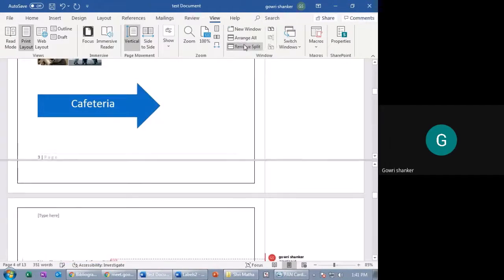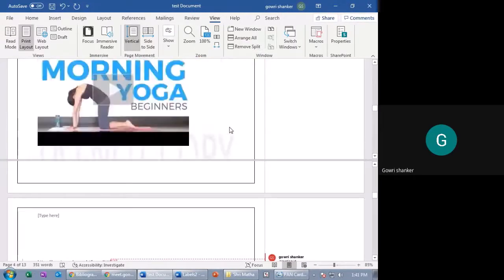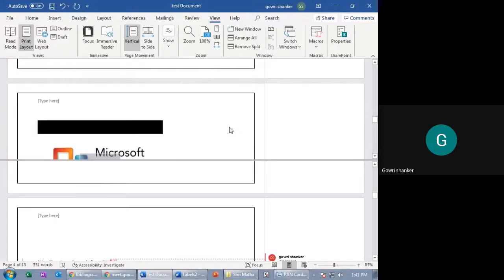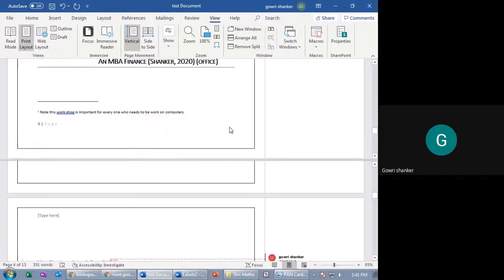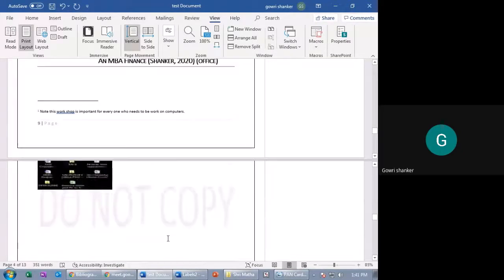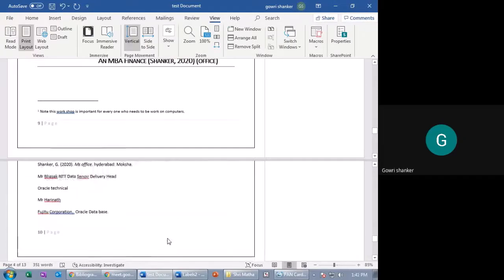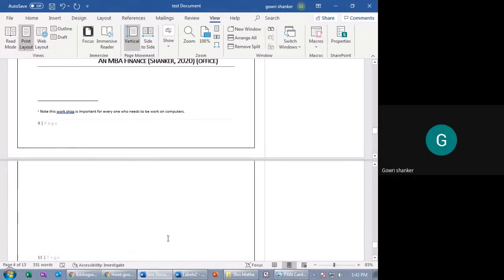Split. It will split. See, it's got split. The top one is there. This is the second one. The document has split separately. That's it.